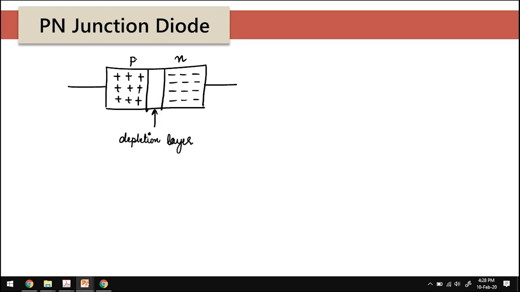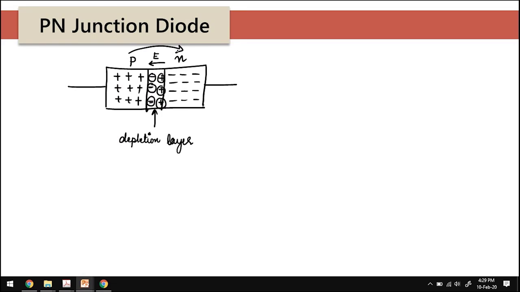In this region, which is near the junction, all free carriers which were able to move have recombined. Nothing is left, except that there will be bound charges which would be exposed on both sides. Bound ions are not mobile carriers. They cannot move around. They are fixed. Because of these charges, there will be an electric field. Because there is an electric field at the junction, more majority carriers cannot cross over, because there's a field in the opposite direction.